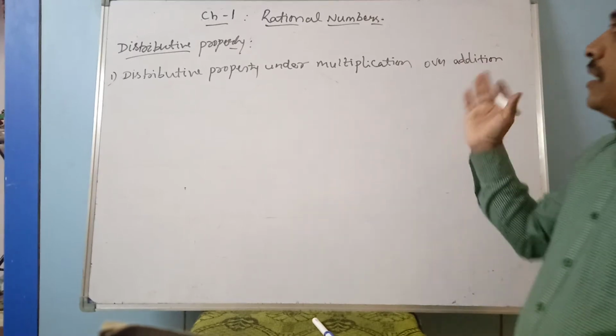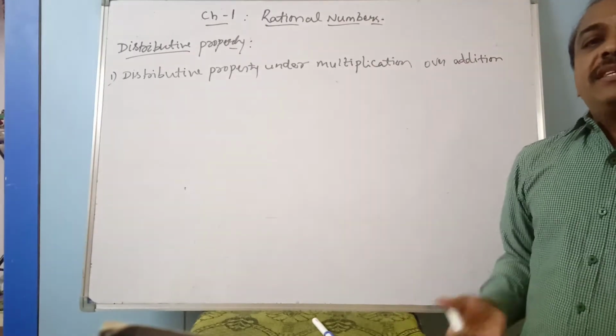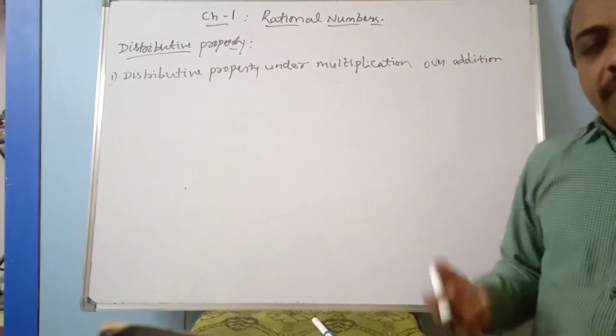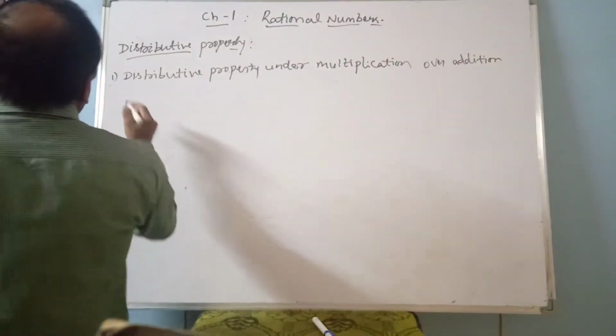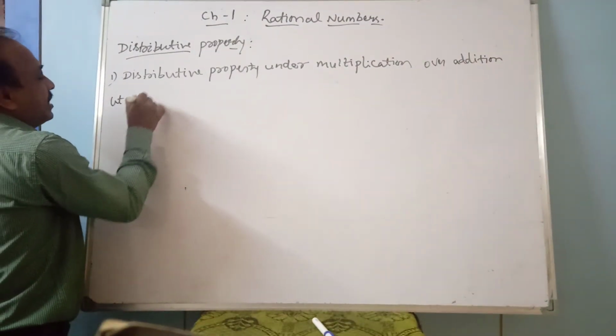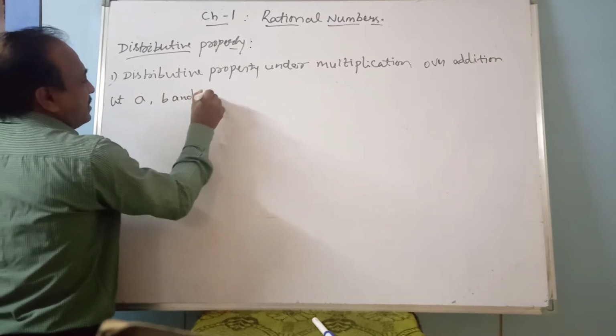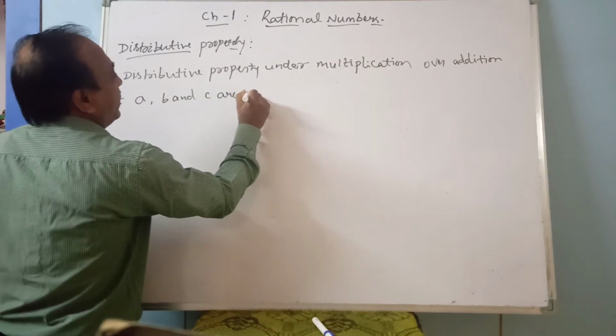That means we take three numbers A, B, C that are rational numbers. Let A, B and C be three rationals,